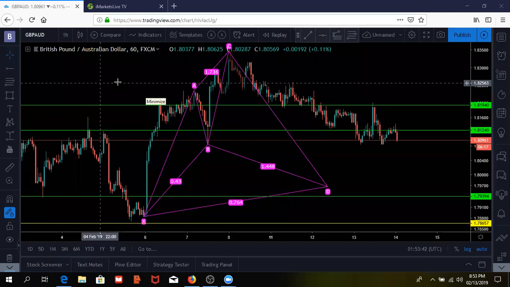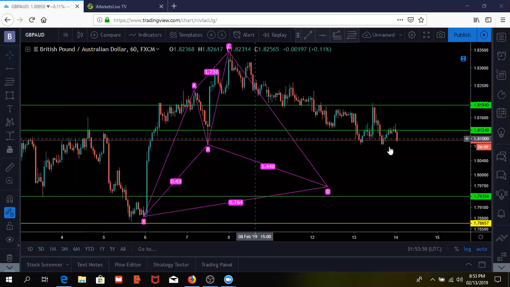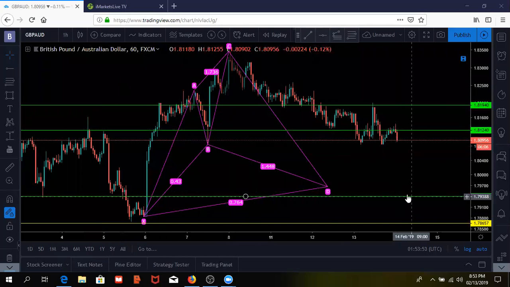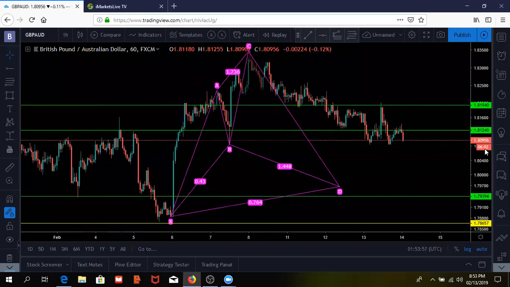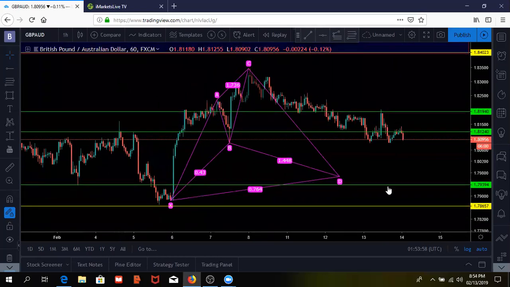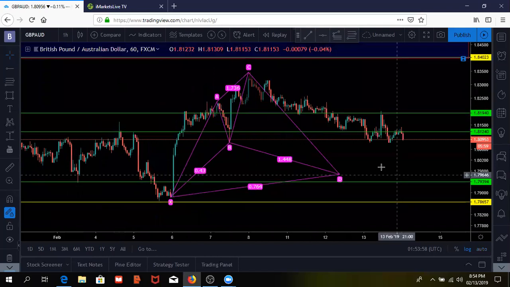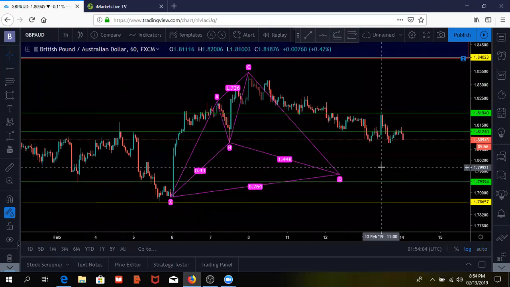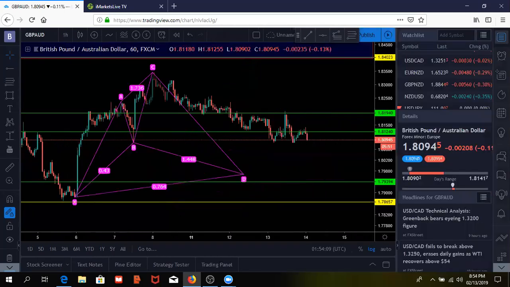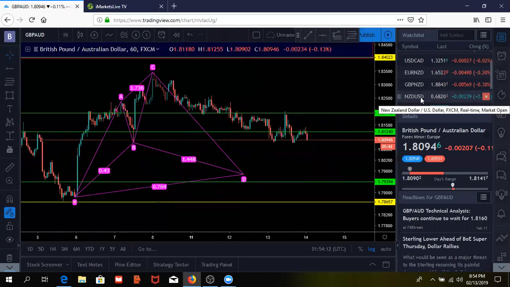So I got 7 more minutes on my session, and so yeah, it's time to really take it to the next level. Like I said, I'm waiting for price to push down here to this zone, and we're going to see if price can continue to give us that entry point. But for the last 7 minutes, what I want to do is show you guys how I mark up charts, just like basic support and resistance. So let's go to,